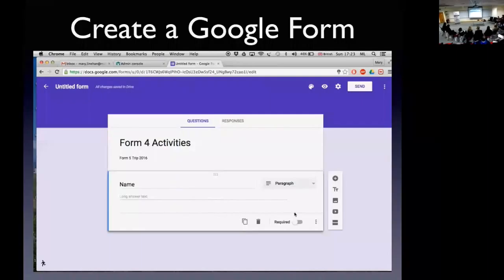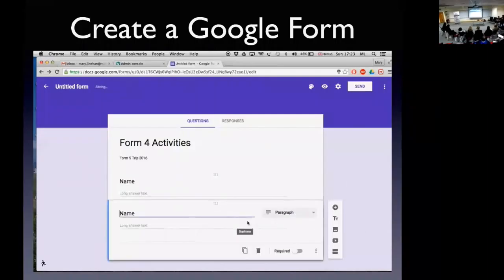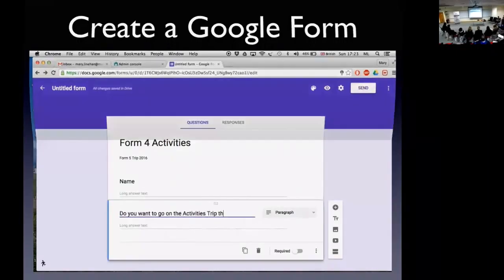Or I use it personally for if I want them to submit homework to me, I create a Google form and they can just copy their link in and share it with me. And that's a handy way for me to see all their work. But Google Forms, very handy. I couldn't recommend this one highly enough. I use it all the time. Apart from that,